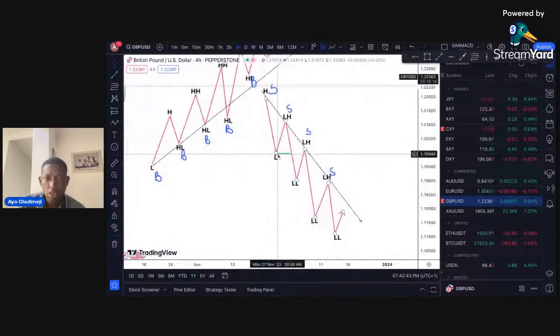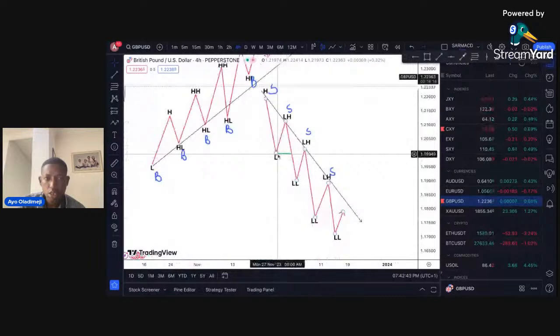Price breaks this low, wait for the impulse moving from lower high to a lower low, which must break the previous low. So once it breaks this low, you wait for it to create a lower high, and that's where you sell from. So we always want to see price breaking the lows, and then you wait for the correction to be complete, and then you sell from a lower high to a lower low in that impulse move.